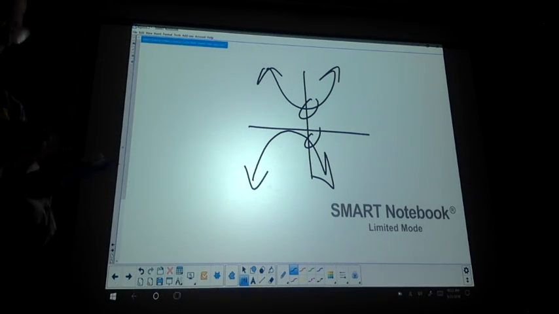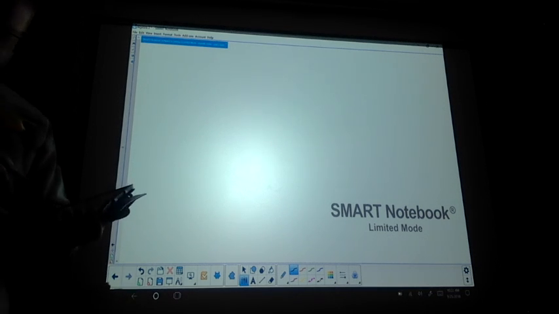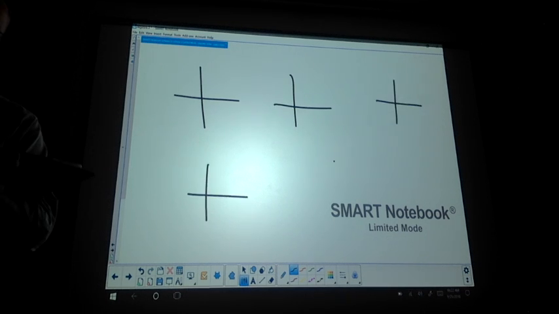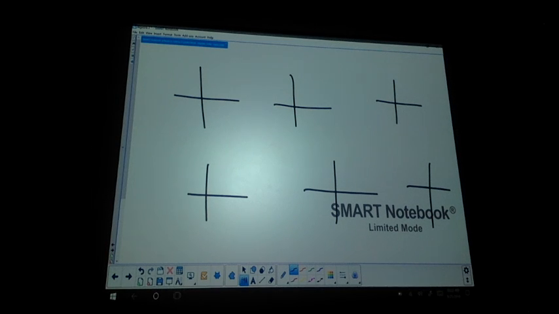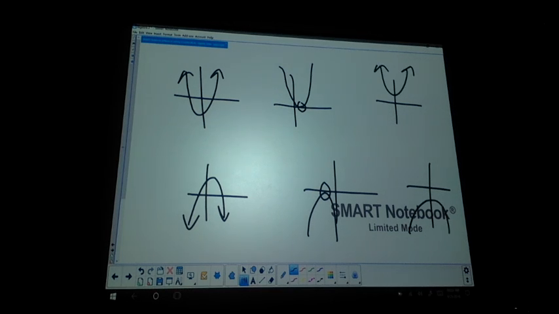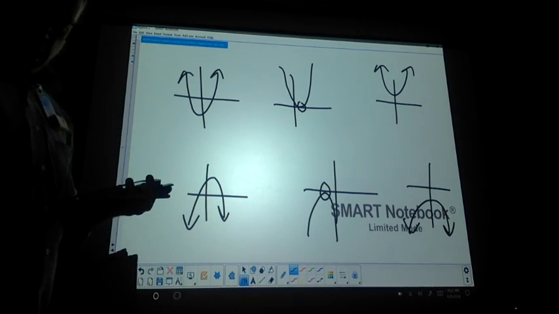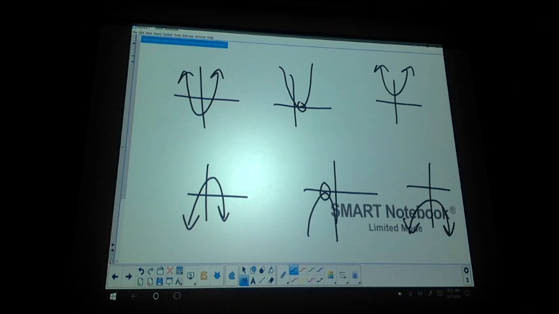And then 23 said some quadratics have one x-intercept, some have two, and some have none. So I'm just going to draw 6 graphs up here. I know my Smart Notebook is out of date. So this one crosses twice. This one crosses twice. Can everyone see that it crosses the x-axis twice? Okay, if my vertex rests right on the line, I get one solution. So you have one solution there or there. And then you could have this or this, where it does not cross the x-axis, and that just tells you that they have complex solutions. So that's 21, 22, 23 in a nutshell. Any other questions from the